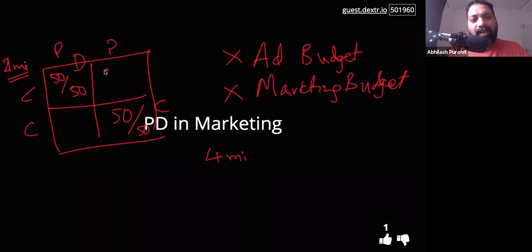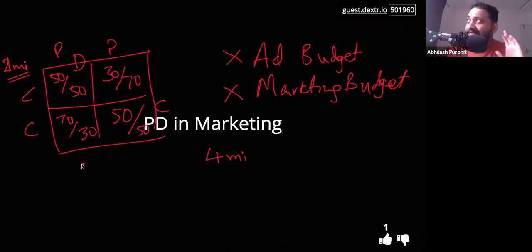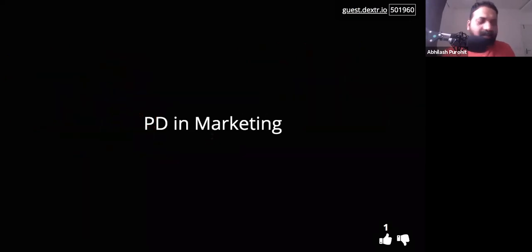But when they look at the alternative, if Coke advertises and Pepsi does not, then it looks like it is 30-70. When Coke does not advertise and Pepsi does, then it may look like 70-30. I might be messing up the numbers a bit, but you get the theory. The theory is this: people will understand this better now because you've told them in a context, asked them to participate in this. And now when you're talking about a very detailed technical topic like prisoner's dilemma and game theory in marketing, then rather than jumping straight into it, get people to learn the topic by experience, by simple examples and interactive ways. And that should take care of this.